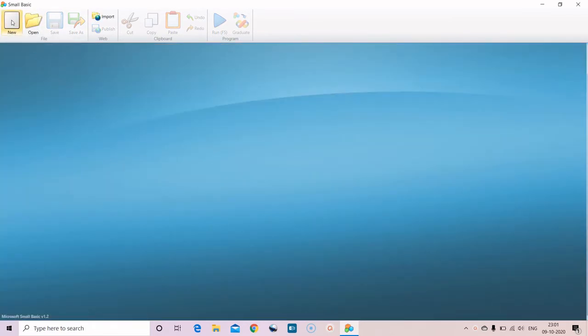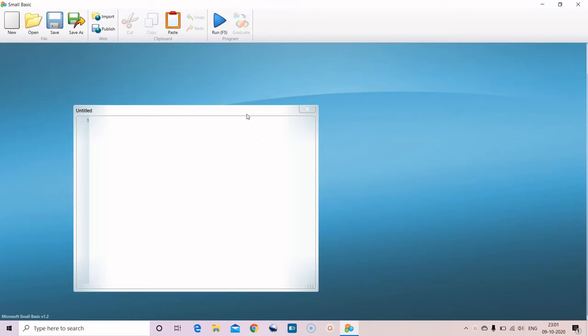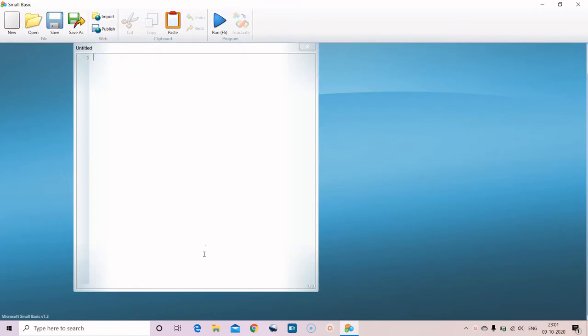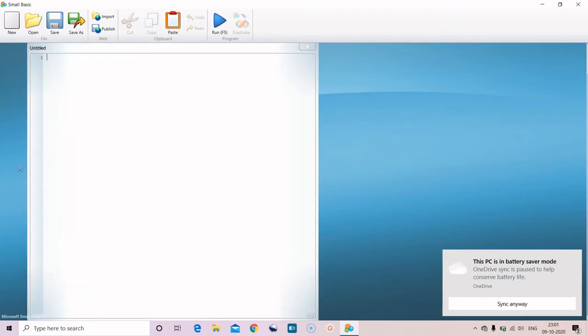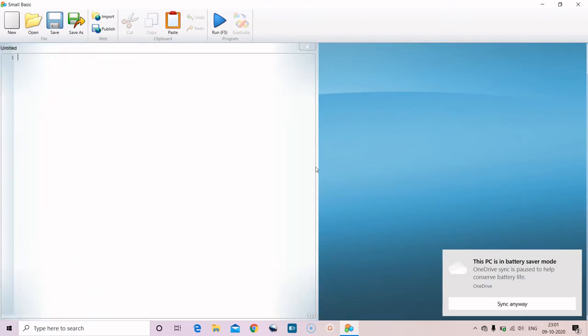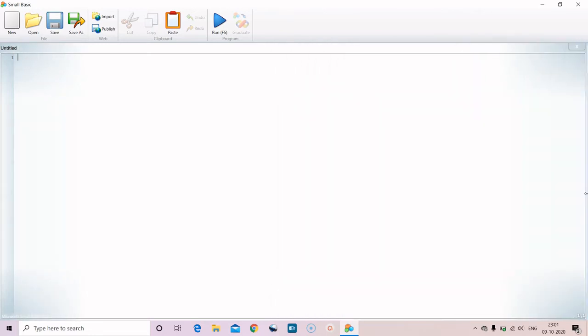So I'm just clicking on the new one. We can also resize this one. I'm just resizing on all the four sides. I'm also zooming it so that you can see the letters properly.